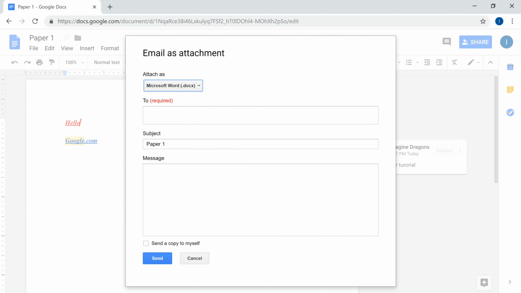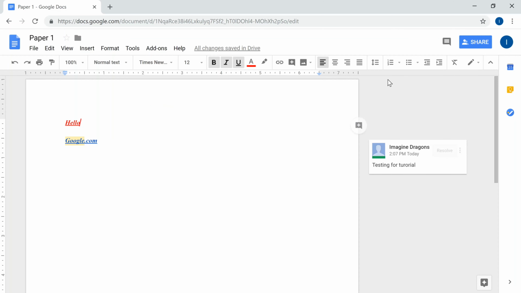However, when you send this as an attachment, it will not allow the person that you're sending it to be able to edit it. So for the most part, if you're going to email, let's say, a project to your professor, or email it to a friend overseas, this would be the best way. I find this to be the most efficient way to exchange documents,